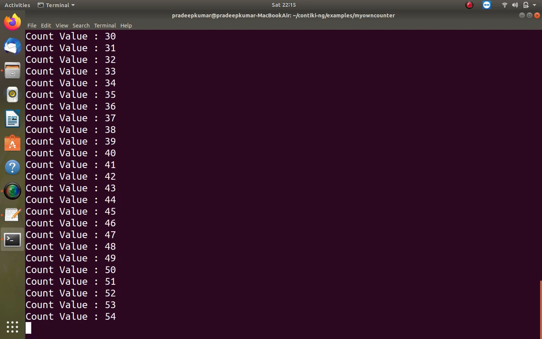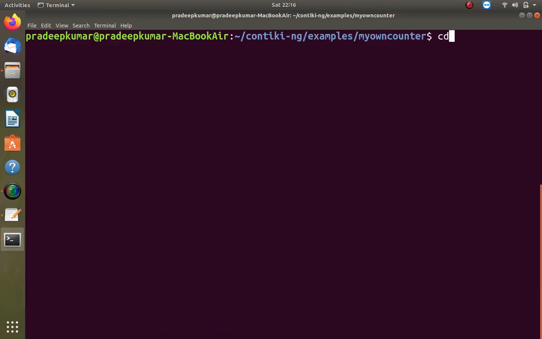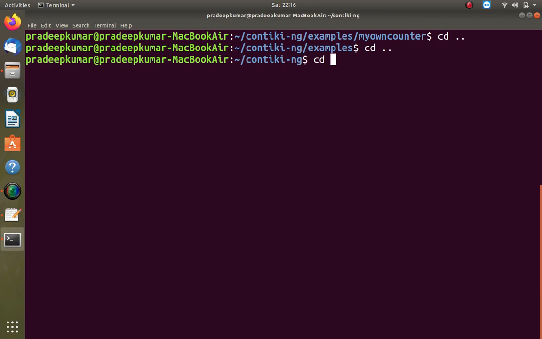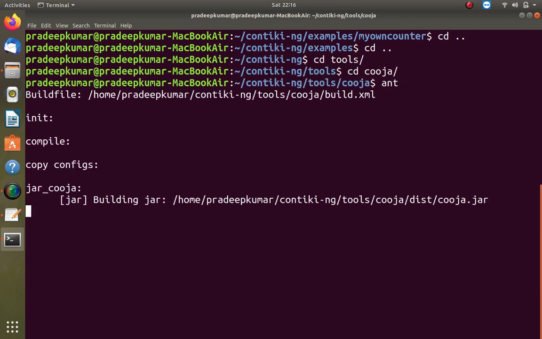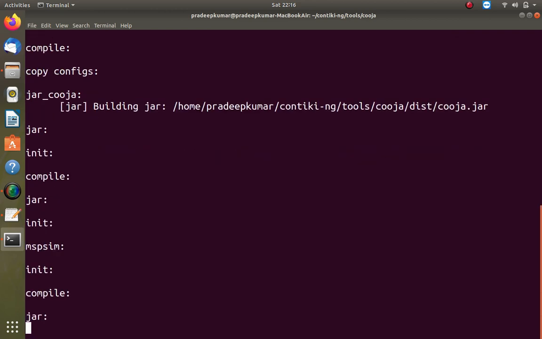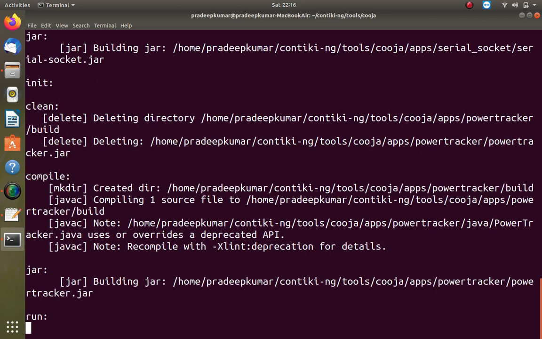I will just show you now. Yes. So greater than 60, after 60 it becomes 1. Okay. So this way the counter will keep on running. See, because it's a while true loop, it will keep on running. So now what I do is I will go to the GUI. I will test this on a particular sensor node. Let's see whether it is working or not.